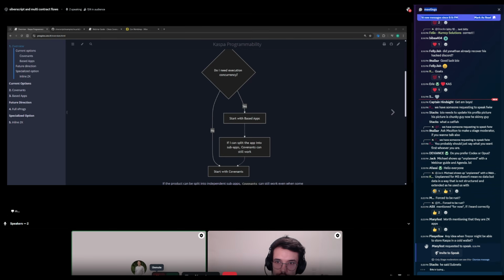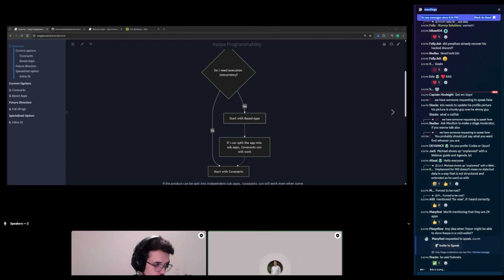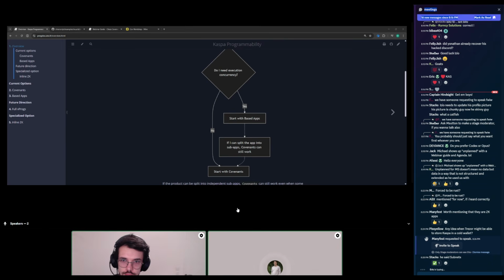Covenants are native L1 and don't necessarily require any ZK proving machinery. Based apps are always coupled with the idea of validity proofs and ZK, and something like a canonical bridge, for instance, for bridging Caspa in and out of the based app. And it's important to understand that covenants are also the layer beneath the ZK based app.